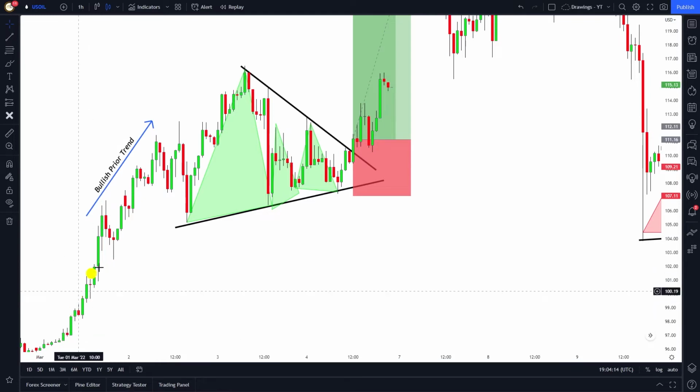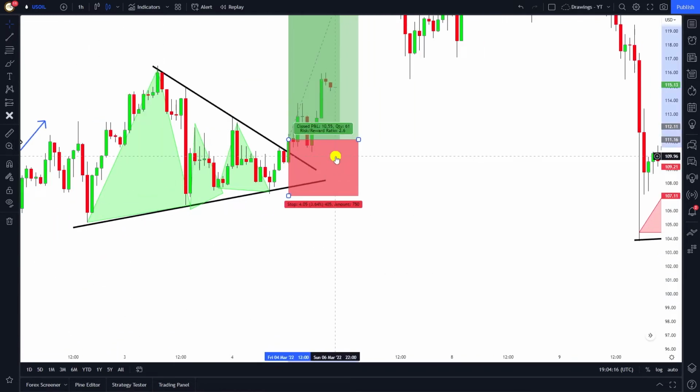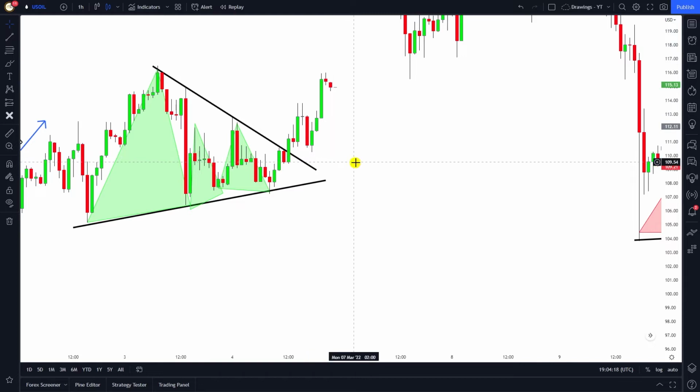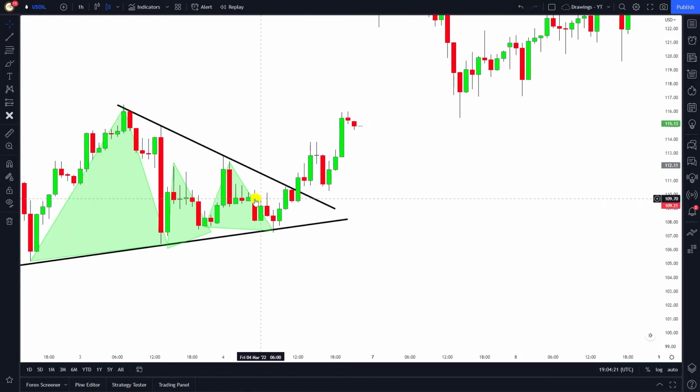if the market is moving in the bullish direction, the breakout should also happen in the bullish direction. Let me just remove that. And as you can see here, when this triangle pattern was forming, the breakout happened here with this bullish candle. So now as soon as the breakout happens, we will take our trade, and our